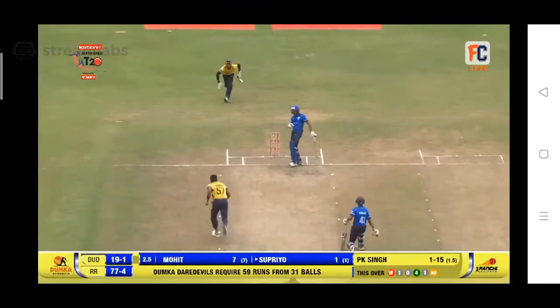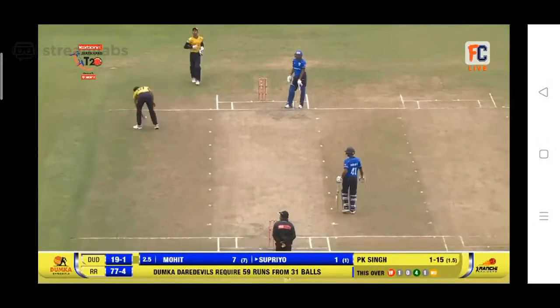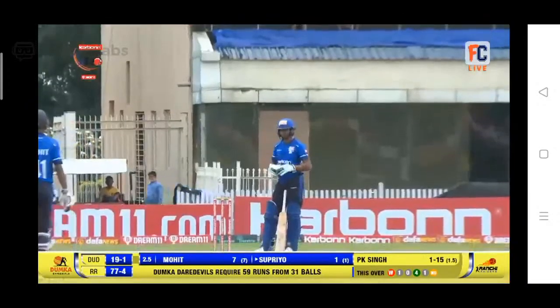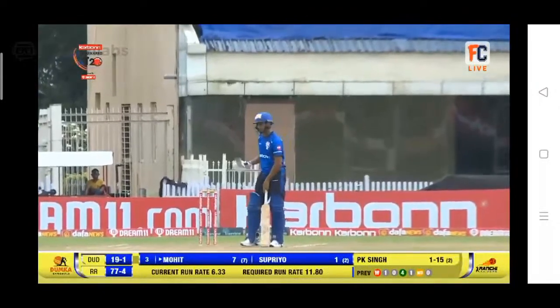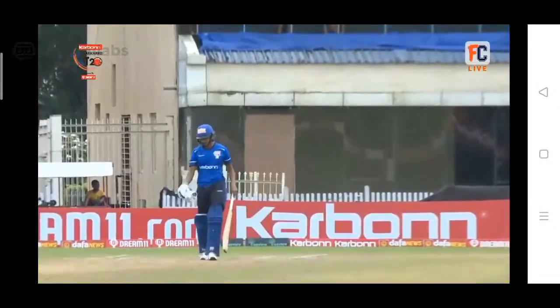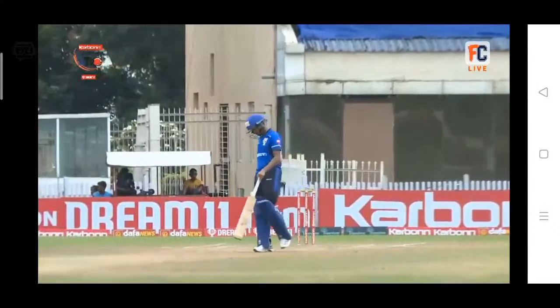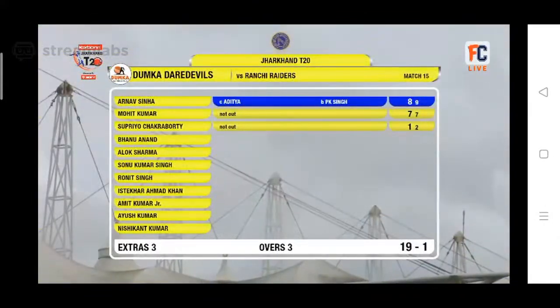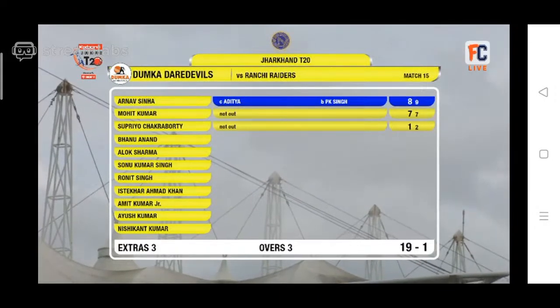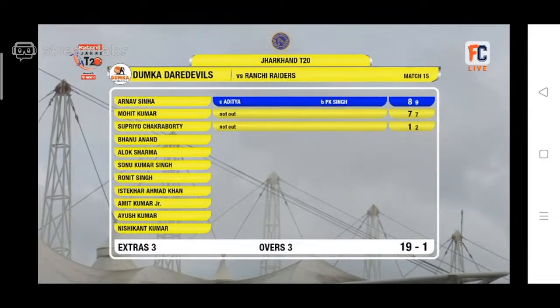Supriyo. Oh, that ball rises, and the batsman played it awkwardly but managed to keep it down. The ball must have hit the finger of the batsman. This drying wicket is always difficult to bat on. So 3 overs have gone. Dumka have managed to put up 19 runs for the loss of 1 wicket.